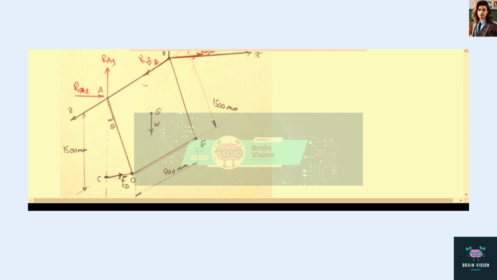To calculate the magnitude of the force exerted by the string and the components of the reaction at A and B, first, we need to draw the free body diagram for the beam to identify the forces. Now, as you can see in the diagram, here we are having five unknowns: RAX, RAY, RBX, RBY, and RBZ.